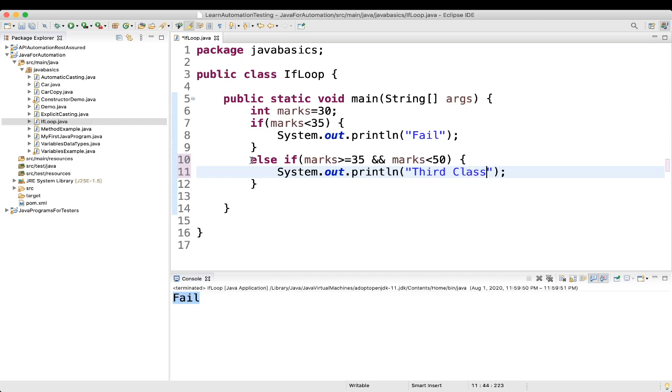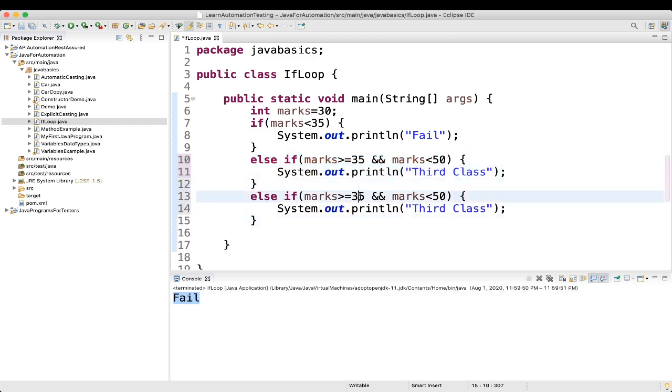Then we can put one more condition. If marks is greater than 50 and here we can put 60, then we can call this second class.